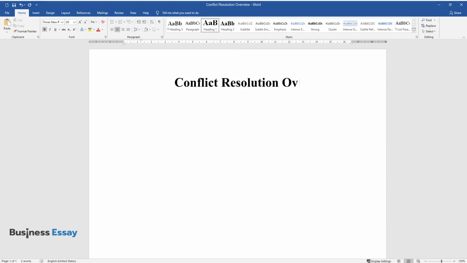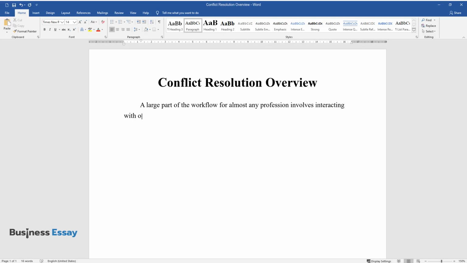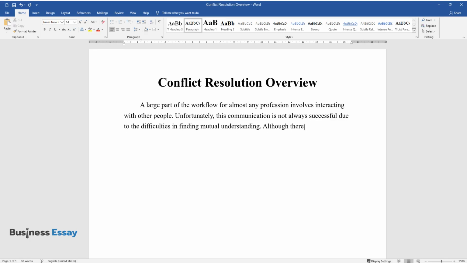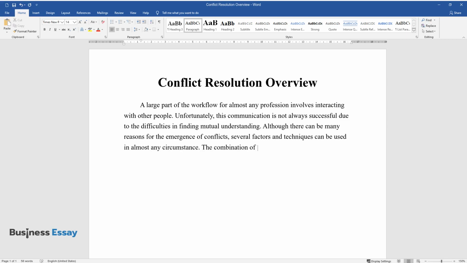Conflict Resolution Overview. A large part of the workflow for almost any profession involves interacting with other people. Unfortunately, this communication is not always successful due to the difficulties in finding mutual understanding. Although there can be many reasons for the emergence of conflicts, several factors and techniques can be used in almost any circumstance. The combination of interpersonal skills, management skills, and specific strategies can help resolve a conflict situation quickly and